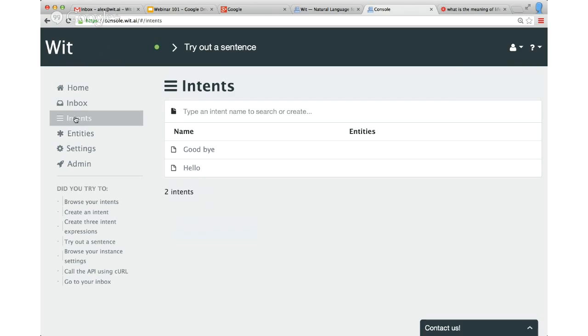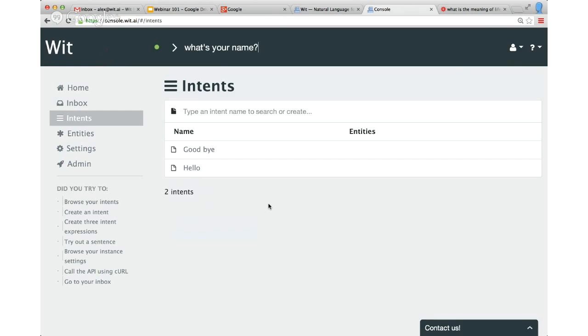But as you grow your instance, and typically until you have about 10 intents and something like 10 expressions per intent, confidence should stay low because the knowledge of Wit about the world is too small. So we'll start building intents now. If you build your virtual agent and you ask some people to try it, the very first sentence you receive, trust me, I've been doing this for 12 years, is "What's your name?"